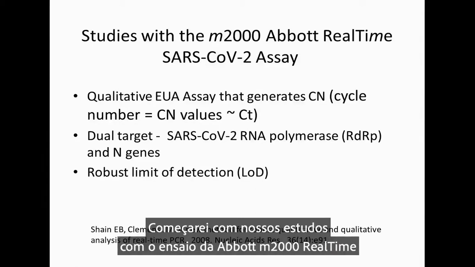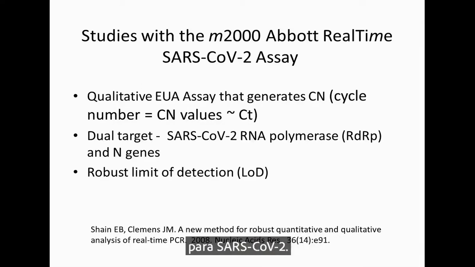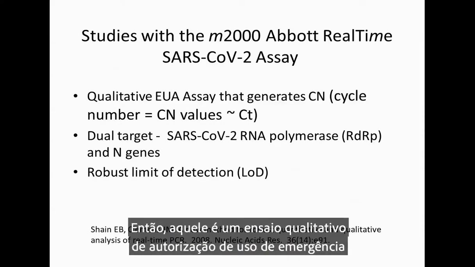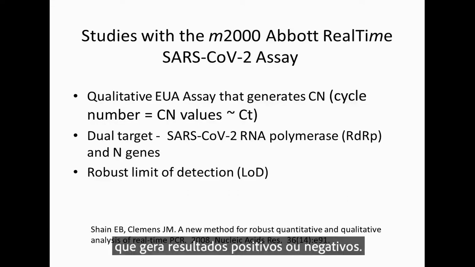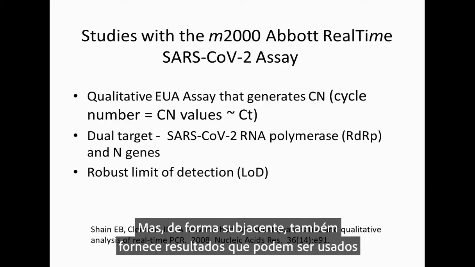I'll start out with our studies with the Abbott M2000 real-time SARS-CoV-2 assay. That assay is a qualitative emergency use authorization assay that generates either positive or negative results. But under the hood, it also provides